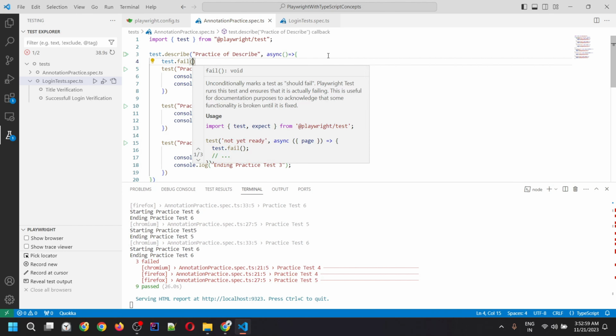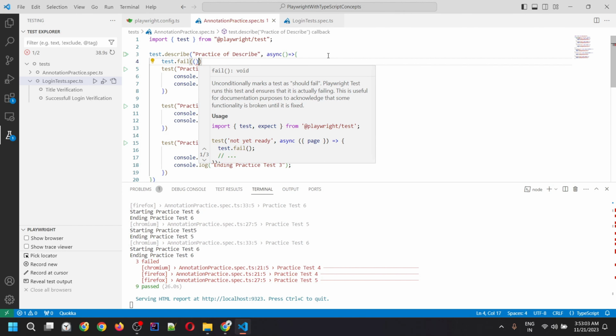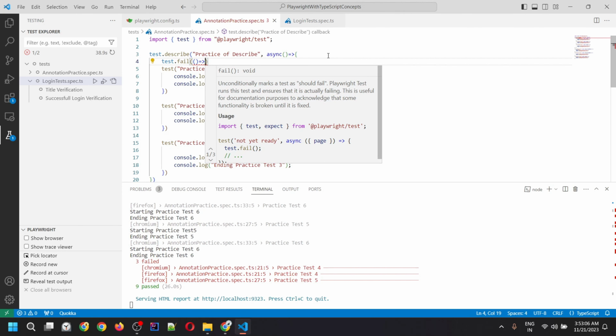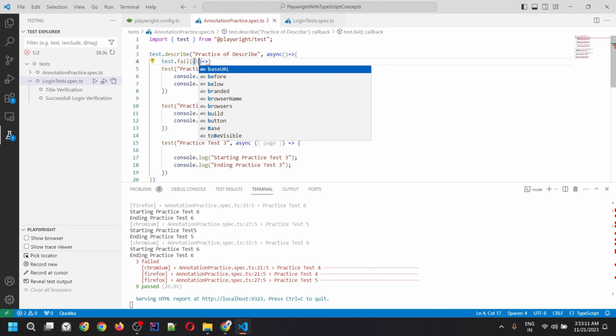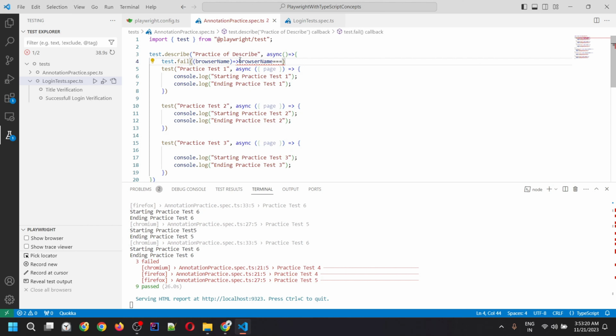So inside this you'll have to write the callback function, and we are going to use browser name as the parameter, which would be returning the browser name, and then this browser name triple equals to, and double equals to also you can use in this case, but for now we are using Chromium. The triple equals to,